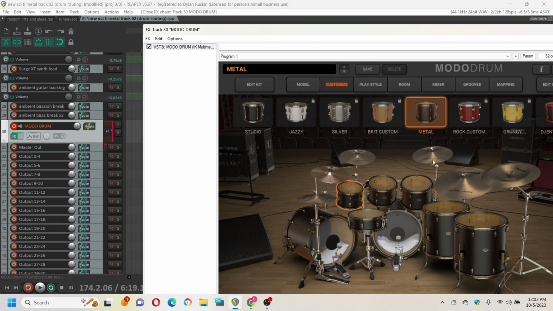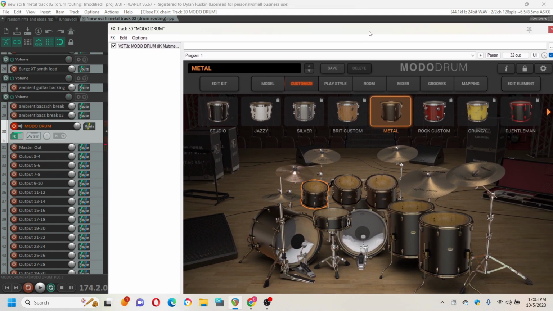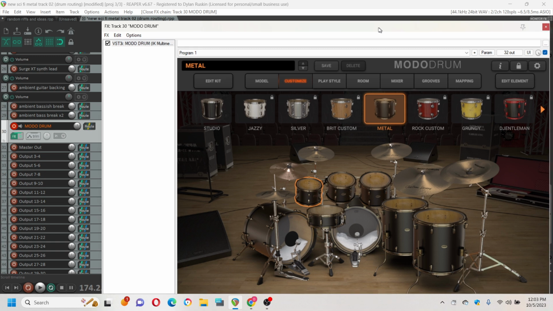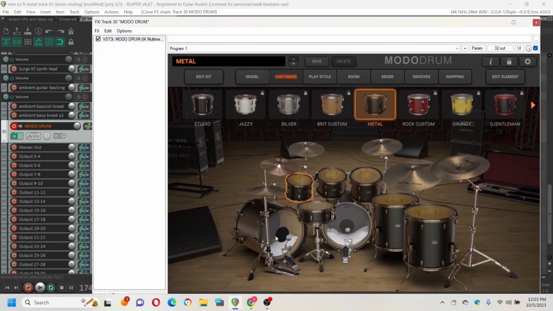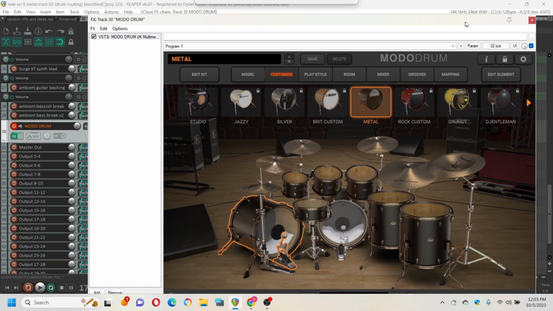Yeah. Well, we want to change it so every single drum goes to a different track here. So the reason I even did this at all is I wanted to see if the software would just do it for us, and it's not. That's okay. We'll set it up manually. So this is the metal kit, right? We got 2 kicks, snare, 5 toms, and then all the cymbals. So I'm gonna go to